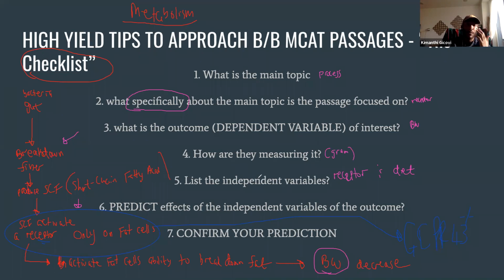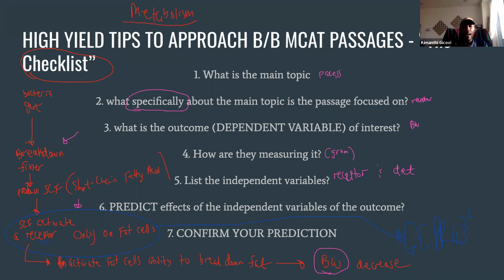And it's the easiest thing for you to pick up on in every passage because there's only one per experiment and it's right there on the y-axis. I like that because if you know where the passage is going to end, it's easier for you to understand it as you read it. Make sense? Yes. All right. You see how that could be really useful? Like, let's say you had 5 minutes on a passage and had to triage. I'll show you a little bit once we do a couple of passages, right?